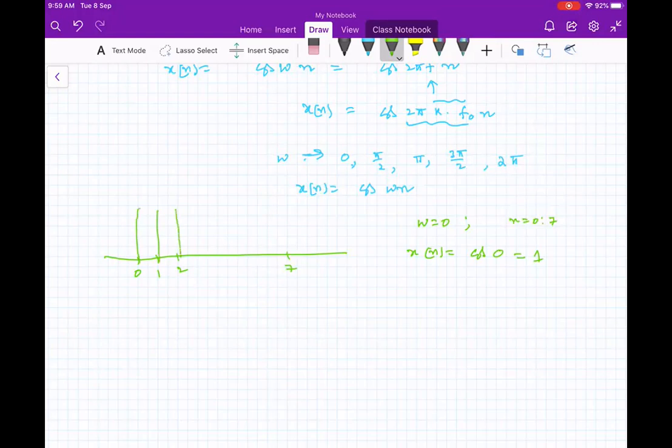Hope the discussion is clear, right? What I'm trying to do is, in cos omega n, vary this frequency term to understand which is high frequency and which is low frequency. How do I do that? By putting this k term, and I can keep f naught equal to 1, for example, and then this k varies from 0, 1, 2, and so on up to, say, 7. Like that I'm varying. But for this f naught, instead of 1, I would say 1 by 8.